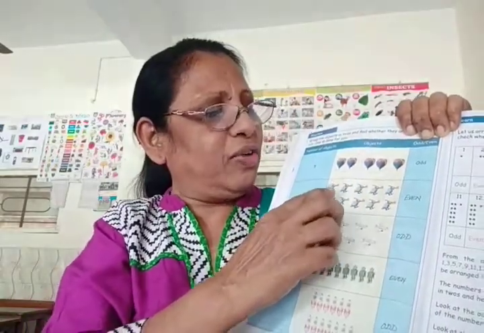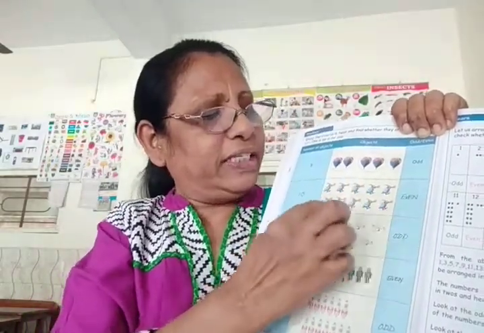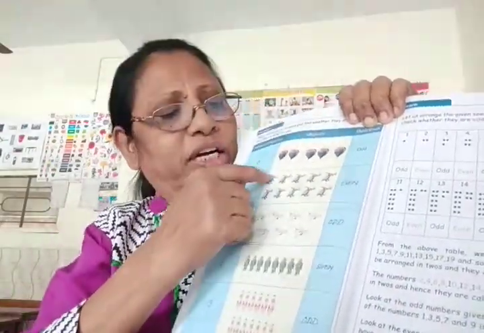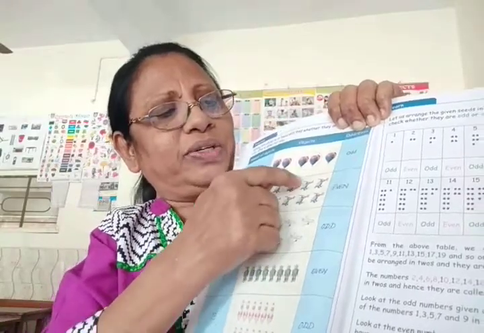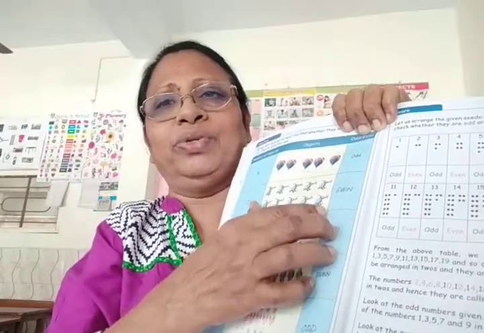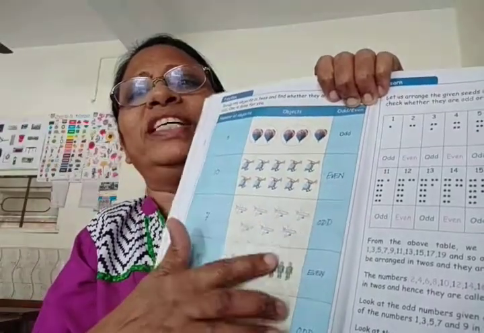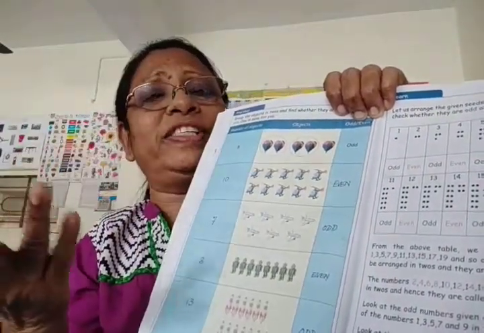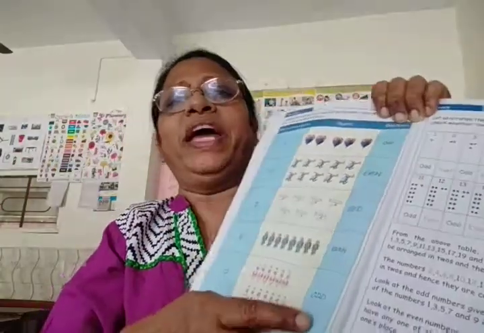Next one. Let's count the pictures. 1, 2, 3, 4, 5, 6, 7, 8, 9, 10. 10 pictures are there. And then you have to circle 2, then next 2, then next 2, then next 2 and next 2. So equally it is divided in twos. So there is no other picture left extra. So it's an even number. So you have to write there even. I have already told you, this will come. I may change the pictures. I may change the number of pictures. So this page is coming for exam. Please take a note.